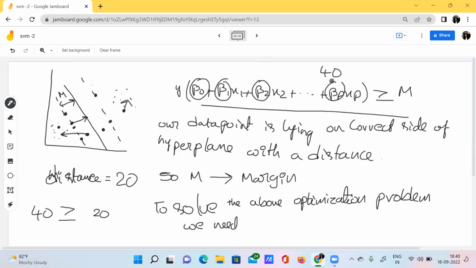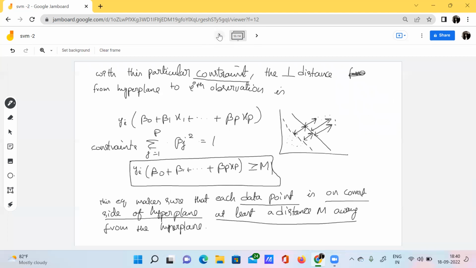Beta naught, beta 1, and so on, beta p. Why do we need these parameters? To maximize capital M. So our goal is to solve this particular problem, see here, I'll explain.